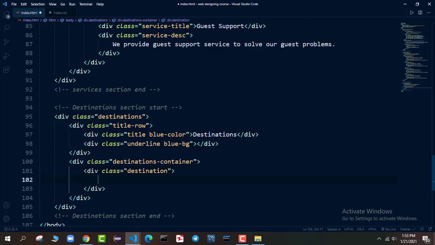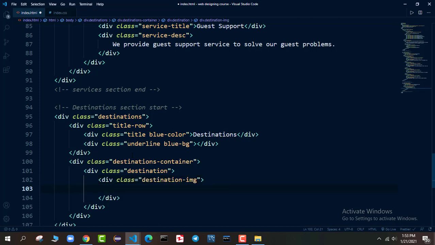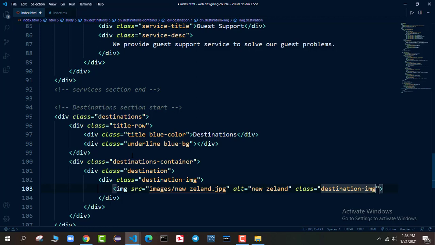In a particular destination, we will have an image. So I will say destination img, destination image, and I will add an image tag. I will say images/New Zealand.jpg, and I will say New Zealand here, and I will provide a class to this one as destination img.